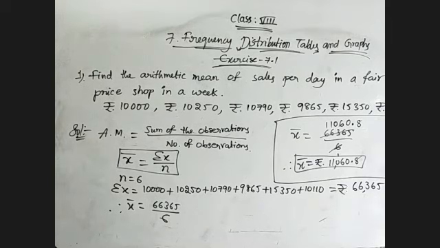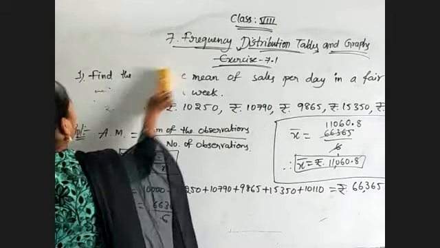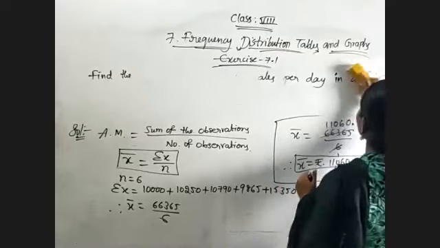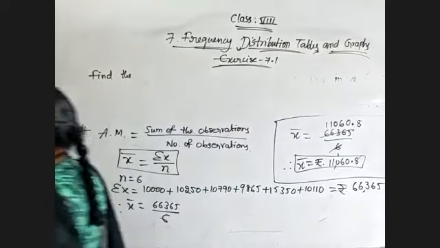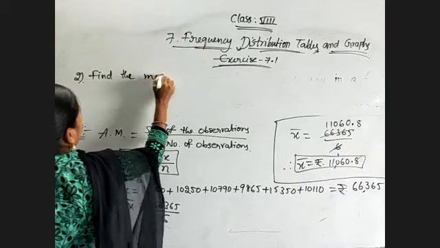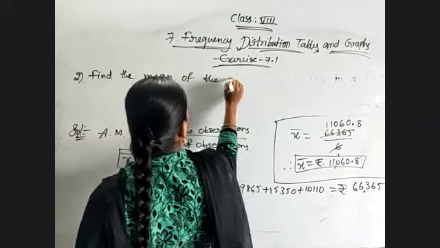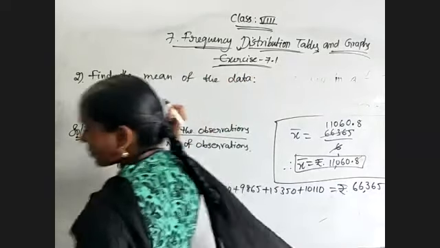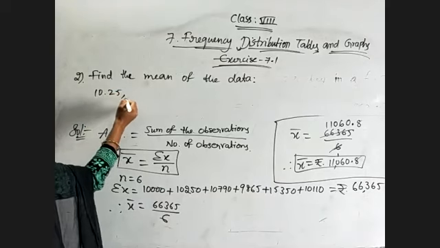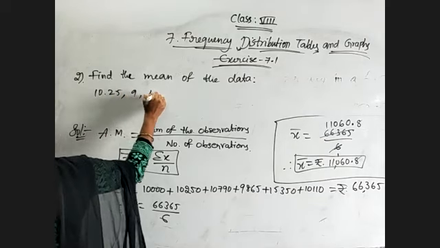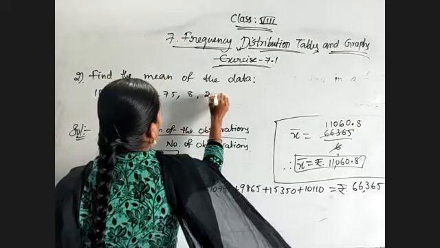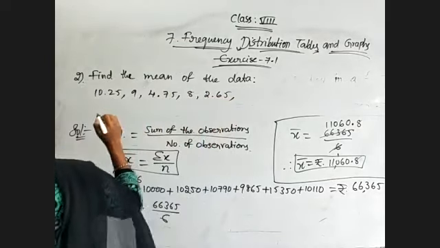And next question, same: find the mean of the observations. Find the mean of the data. So here they have given data 10.25 and 9, 4.75, 8, 2.65, 12,